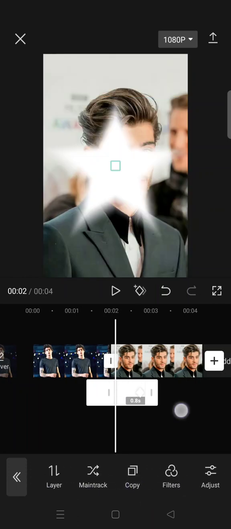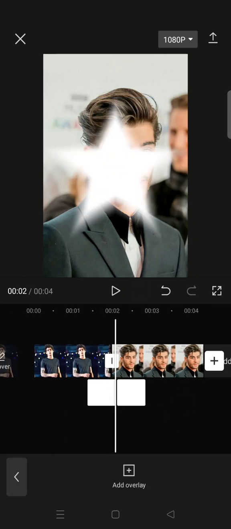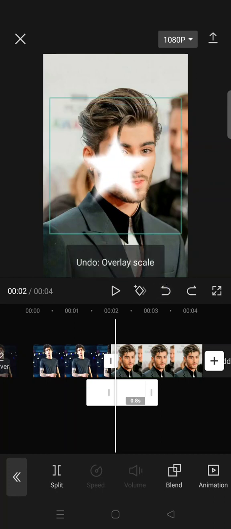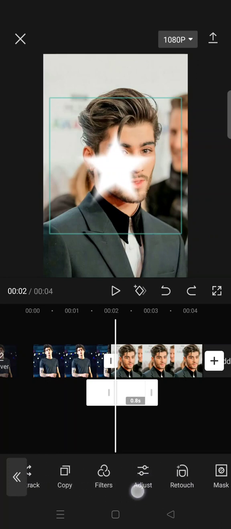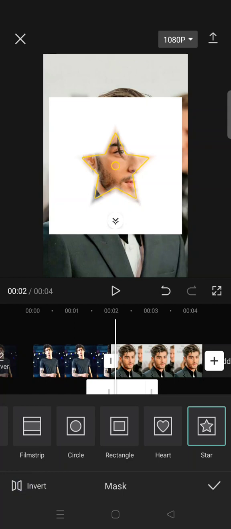then delete the keyframes on the copied version, and now adjust the size like this, and go to mask again and click on invert, so the star will look like this, and add a keyframe